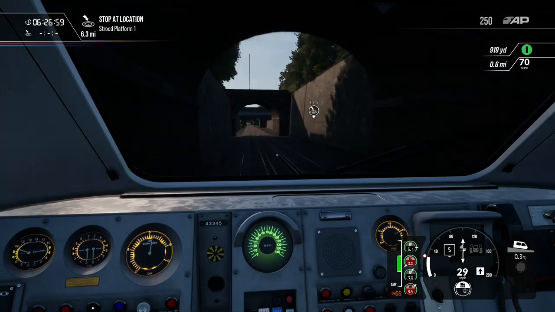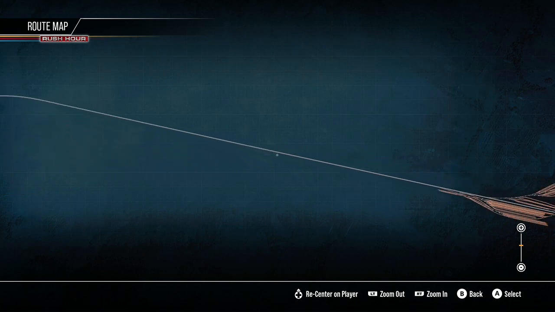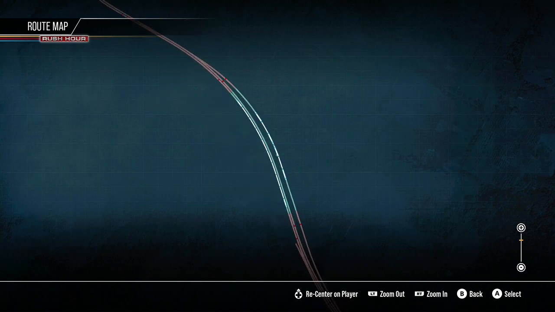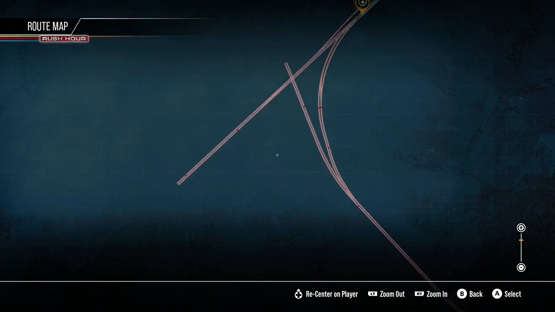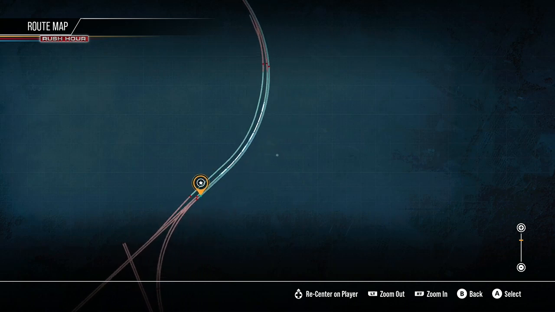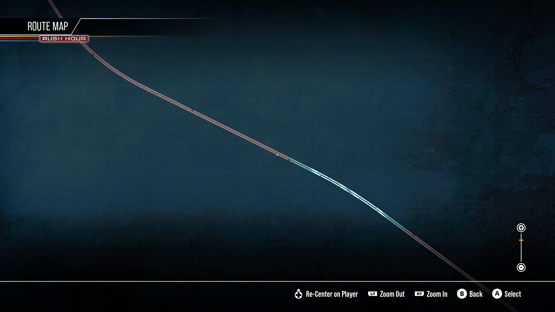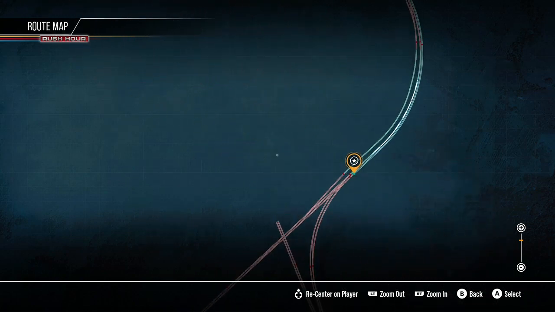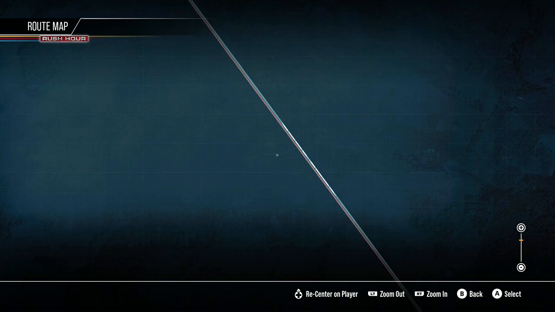Right, let's try again. I'm just going to let the HST do its running thing, and I'm just going to skim ahead on the map. So it's 166 there. There's the HST there. There's that 375 we were stuck behind. That's now on a red line. There is a train ahead of me, so...